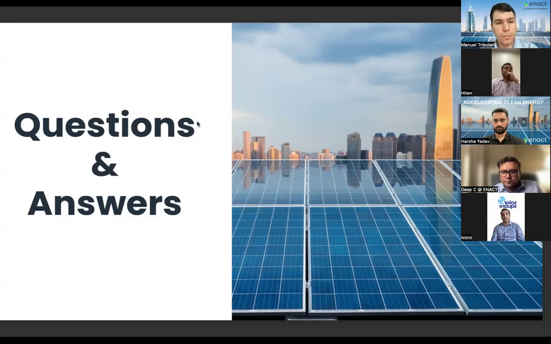There's a huge subsidy announcement that was done by the PM under the scheme of PM Surya Ghar, wherein the allocation is 75,000 crore rupees, and they want to solarize 1 crore homes in a span of 3 to 5 years. This is a huge volume, and we're talking about 30 gigawatts of solar getting installed in 3 to 5 years' time. This is a huge opportunity, and everybody in the sector is now looking forward to establishing a more organized, more channelized kind of model